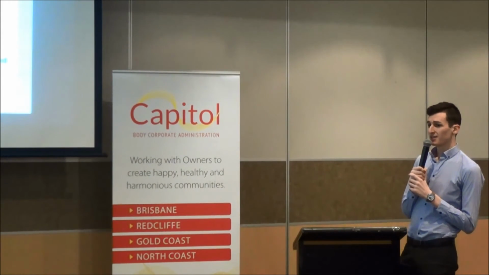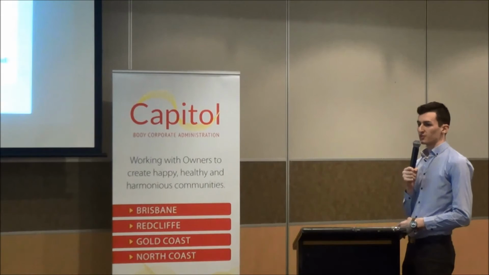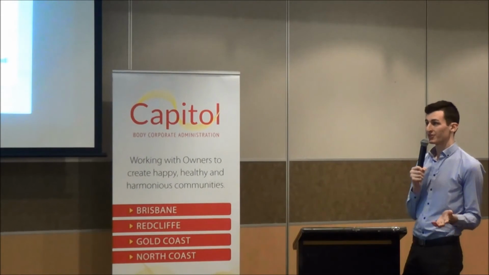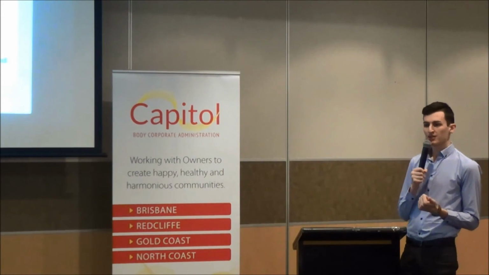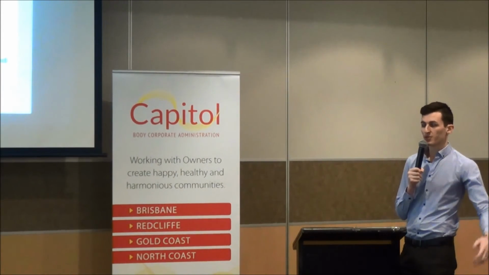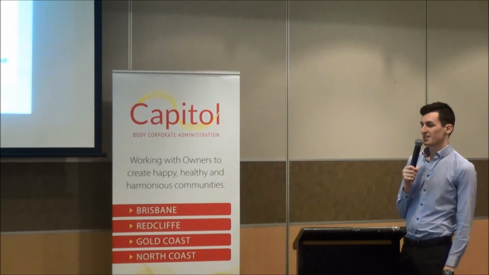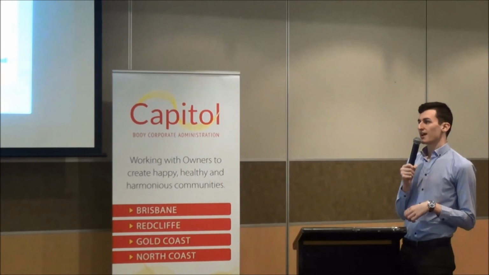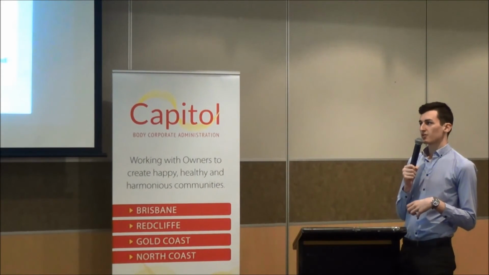They can't join the committee. And if they miss out at that opportunity, they can't then join the committee for the next 12 months. So you can actually accidentally ban someone from being on the committee by not paying their levies on time. They also lose the right to nominate someone else for the committee. Sometimes a husband might nominate the wife, or they might nominate the owner of Unit 5 to be on the committee. They also can't do that if they're unfinancial, which means they haven't paid the levies on time. And then there's the normal things like late fees and also penalty interest. A lot of schemes charge interest on the outstanding balance, and that generally doesn't kick in for the first 30 days, so there's a bit of a grace period for the interest, but all of those ones above still apply.